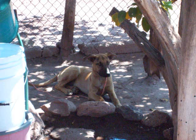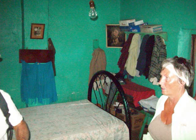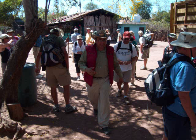And this is the kitchen where our food is going to be cooked. And this is the room that I was interested in because it had the only light bulb I saw on the whole trip, I think, and she had it in her bedroom. We stored our extra gear in this room while she was cooking our dinner. We continued our trek, walking,